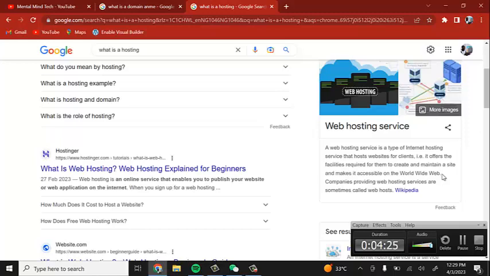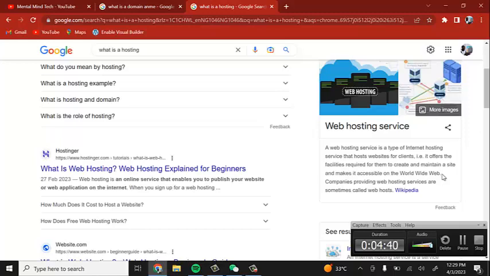Okay, so when you purchase a domain name, you purchase a hosting plan alongside, and you merge the two together, which I'm going to be showing you in the video how to do all of these things. You merge the two together, add a hosting plan to your domain. When you merge them together, you put it online and you are able to maintain all your website files, your web mails, and all of that.